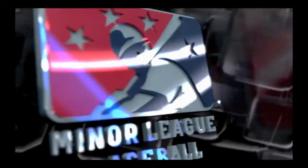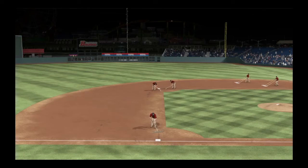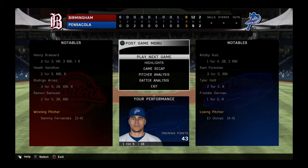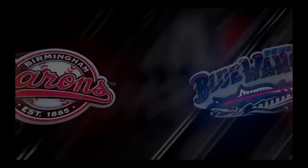Well, I think this one was pretty much over before it started. That huge first inning rally put this one out of reach right from the get-go. And fellas, as always, a few guys we could have chosen from, but out of everybody, that's the man who stands out in my book. He's our top player of the game. Yeah, he came through with a couple of hits, but more importantly, that big home run, which really let his...